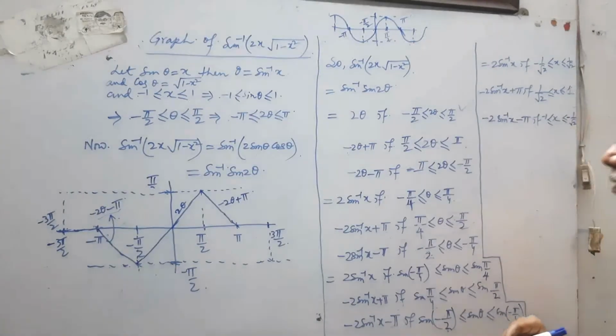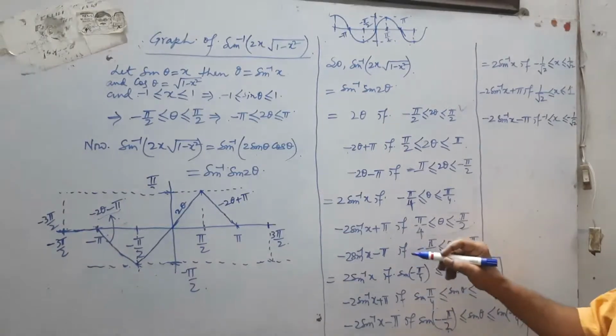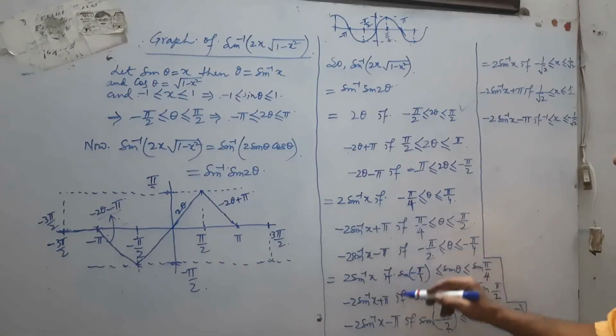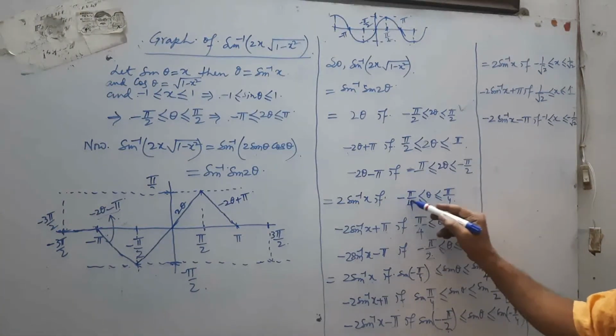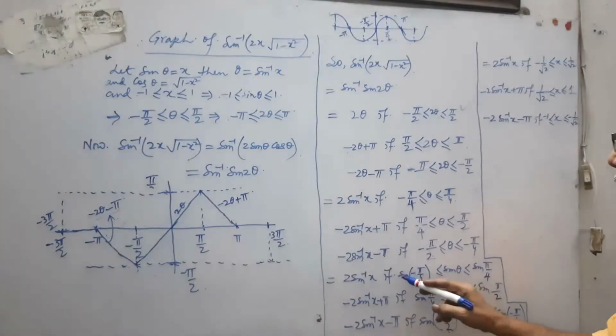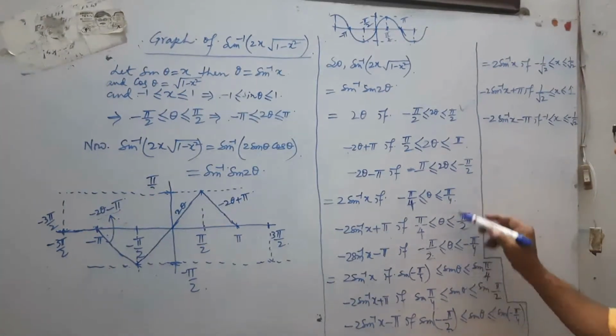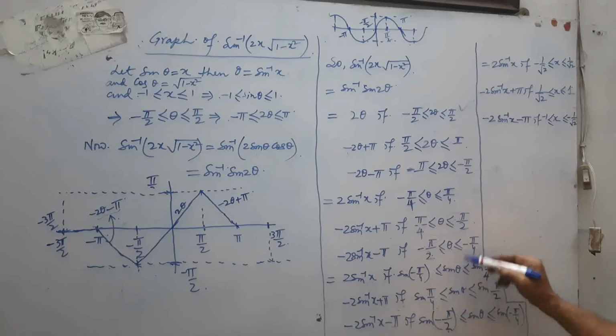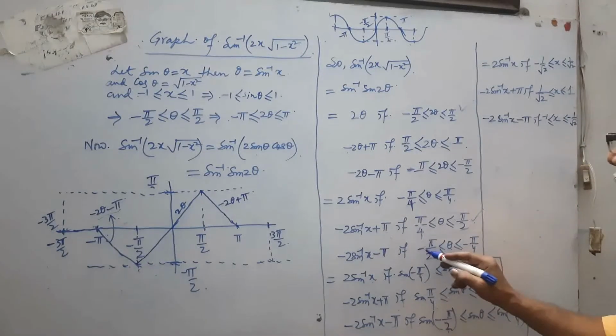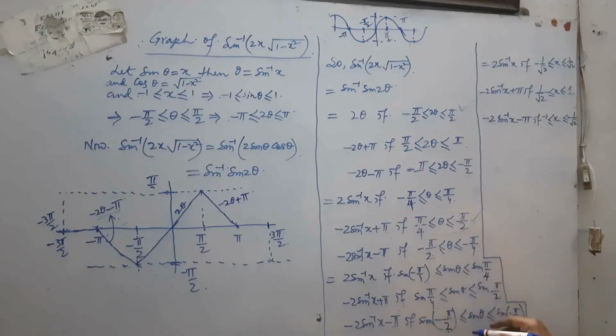Alright. So finally what we are getting is this 2 sin inverse x comes as it is, and if you take the sine of this whole thing, then it becomes sine of minus pi by 4 less than or equal to sin theta, and sin pi by 4 sin theta less than or equal to sin pi by 2, this one, and finally sine of minus pi by 2 less than or equal to sin theta and less than or equal to sine of minus pi by 4, and the remaining things remain as it is.